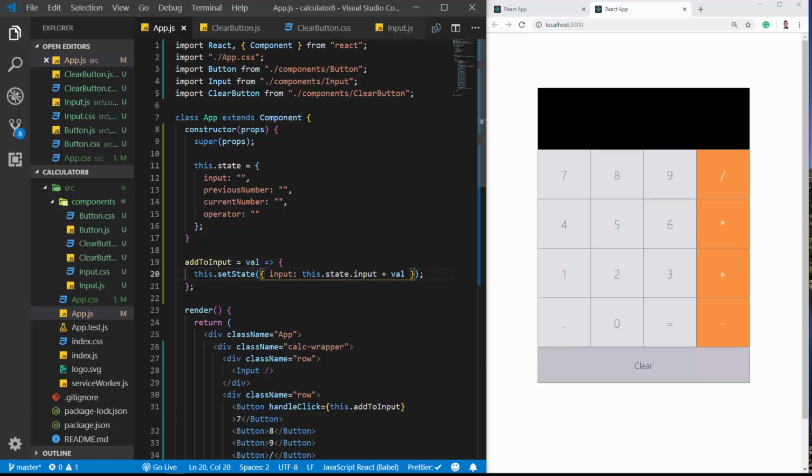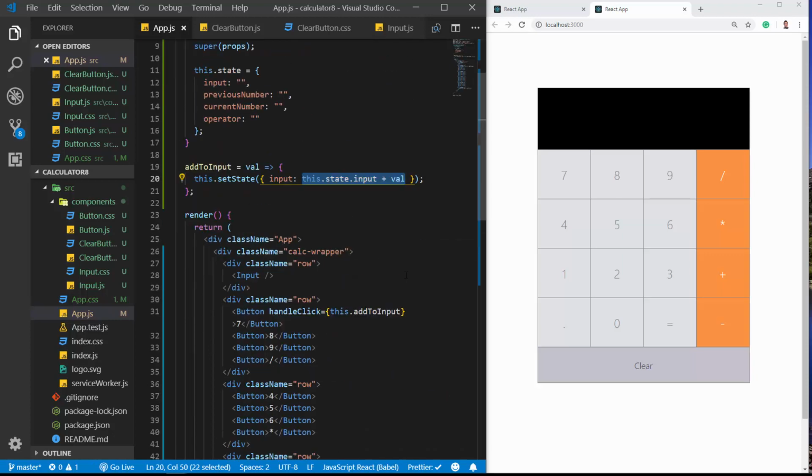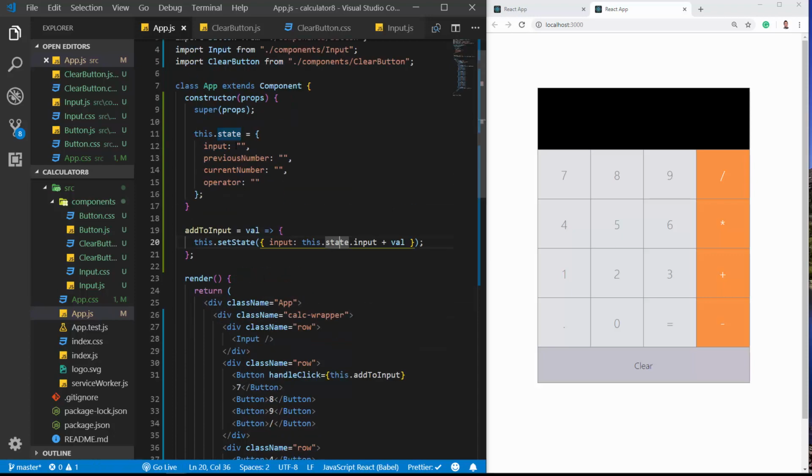So here we have the value added, and we're going to go into state, which is over here, this.state.input, and we're going to add the value, which is going to be this number right here. So now that we have this, we're going to go over to button.js,